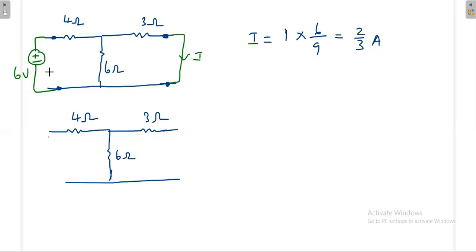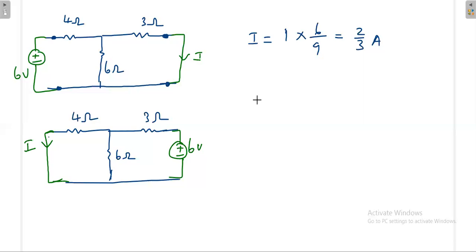So then I will put this 6 volt here. Once you remove the 6 volt from the original side, there has to be a short there. Here it is short because I am connecting that 6 volt here. Now I want to measure this I, whether it matches with the other side. It has to match because this is a bilateral, reciprocal network, so it has to satisfy the reciprocity theorem.